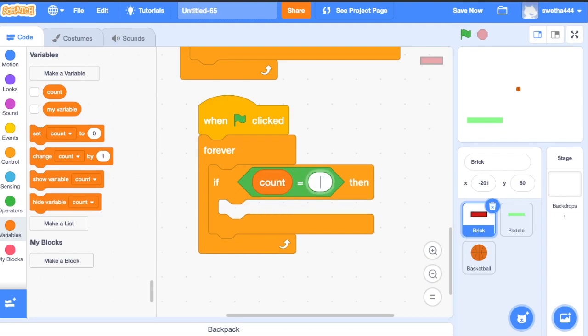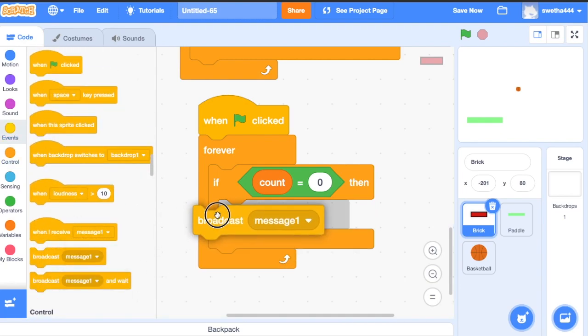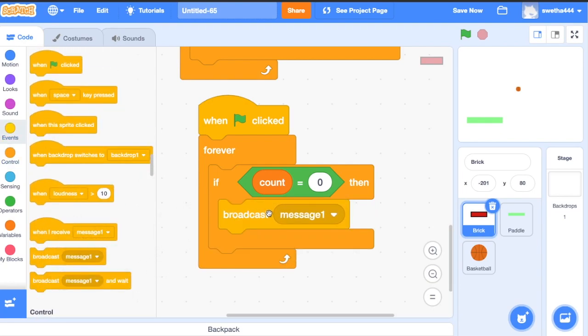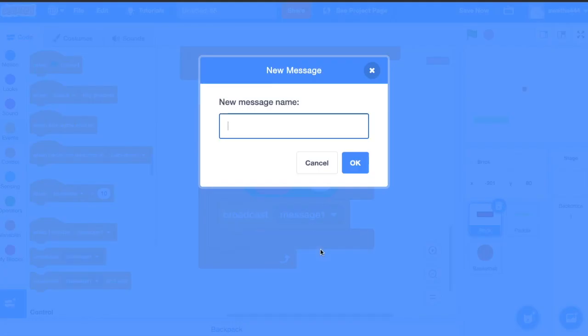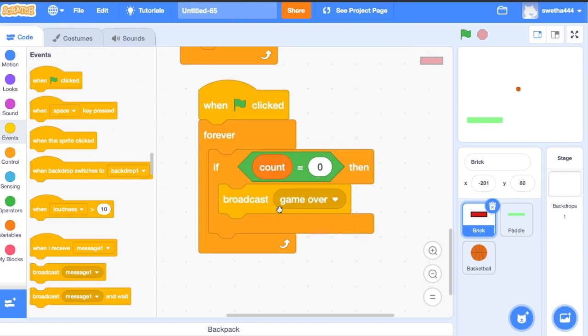So, game is over. If count equal to 0, then broadcast a message. Let's broadcast the message game over.